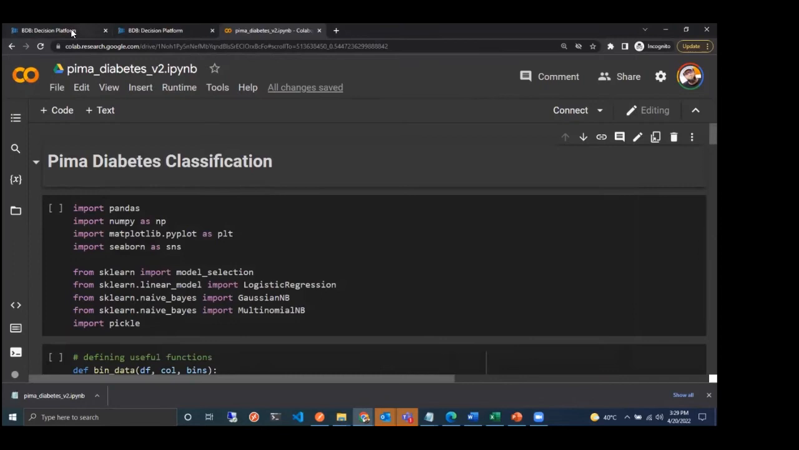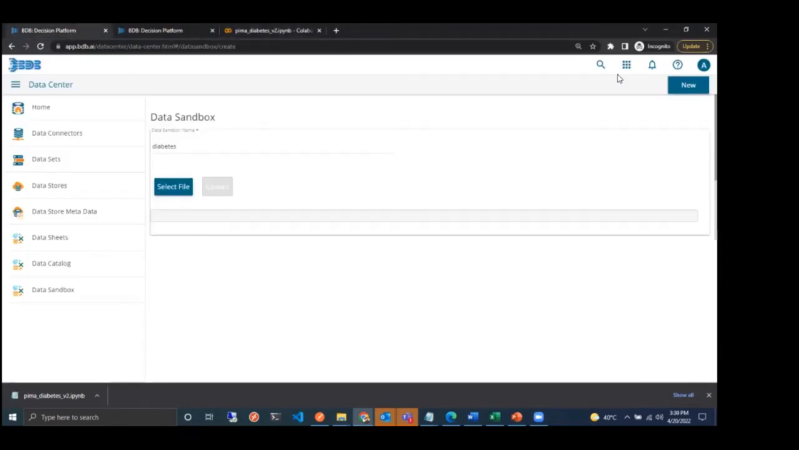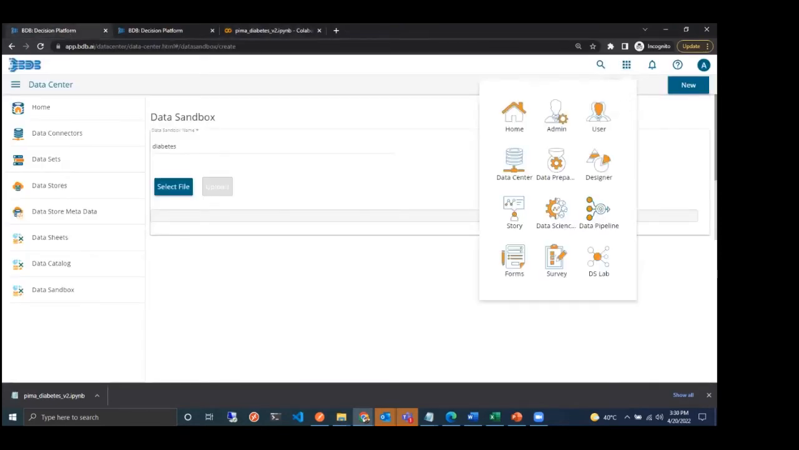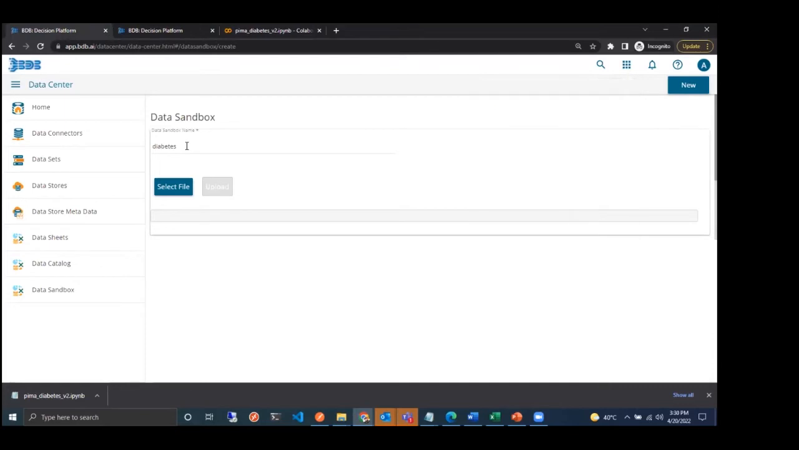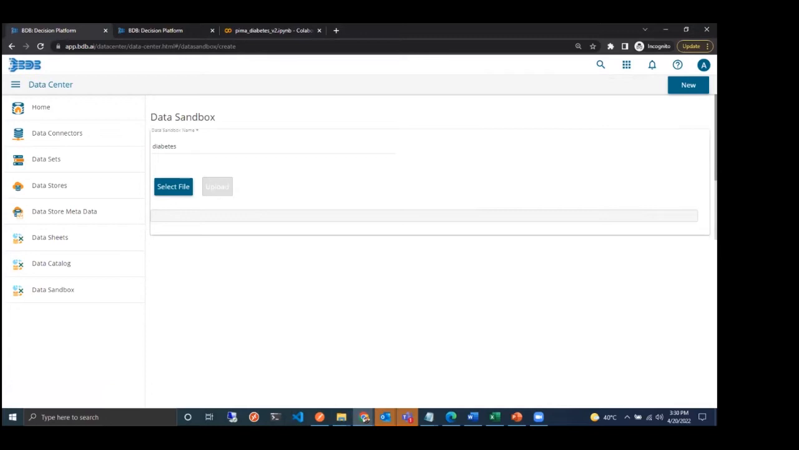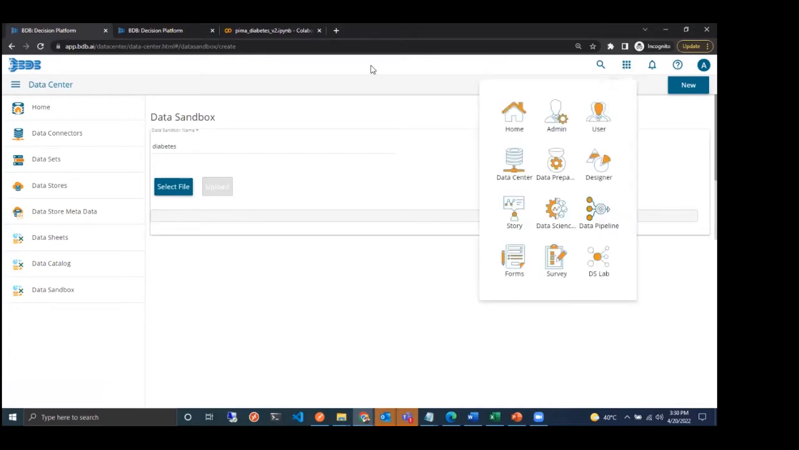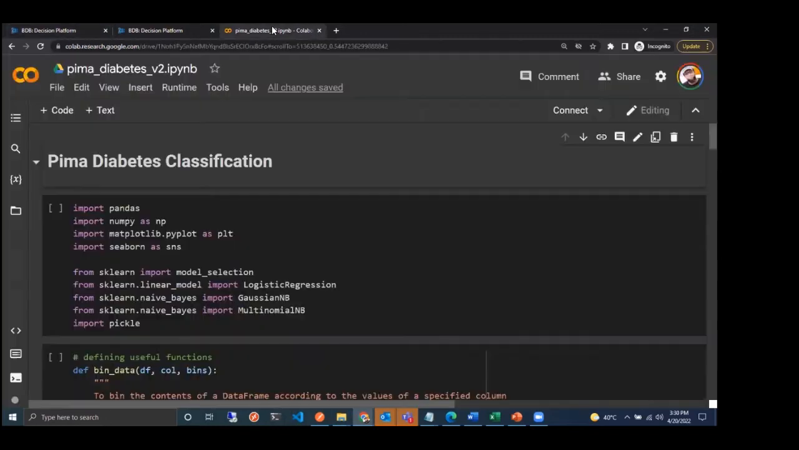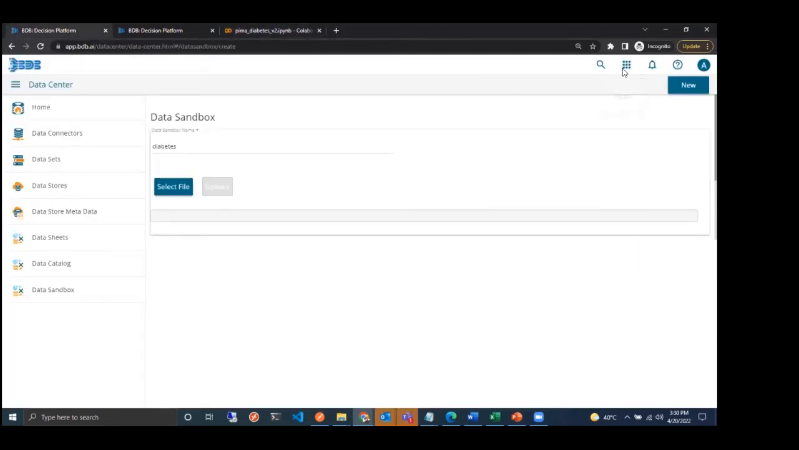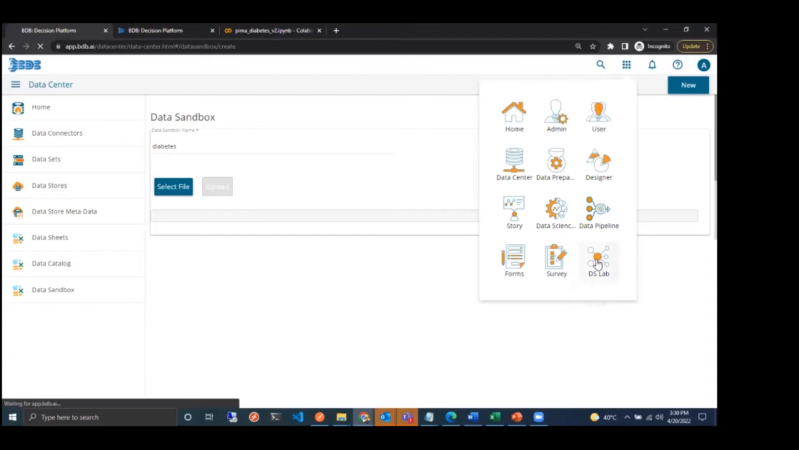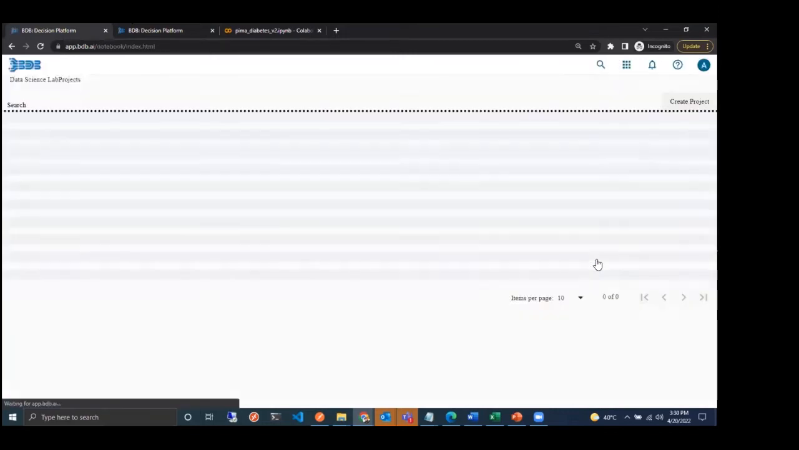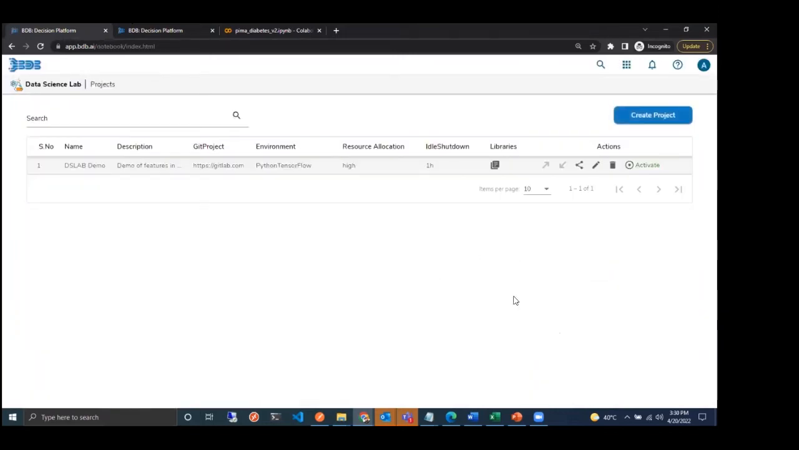Now I can go to my DS Lab. So two things I have achieved till now. I have uploaded a data set to Data Sandbox, and I have downloaded an already existing notebook from Google Colab. Then I just go here to the menu and I click on DS Lab. So this is the interface for DS Lab. This is the main screen that comes up,